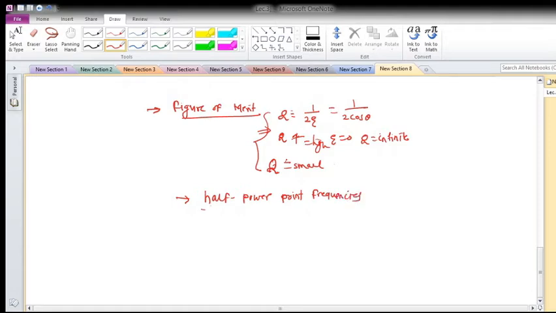Okay, now these two frequencies I have to compute, and the half power point frequencies are what? The half power point frequencies are where the amplitude response will be 70.7% of the maximum magnitude. Okay, means what? The magnitude at cutoff frequency or half power point will be equal to 0.707 of the maximum magnitude. Okay, so what I'll say, this is the maximum of H of j omega.